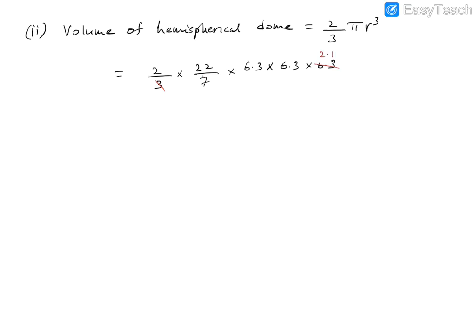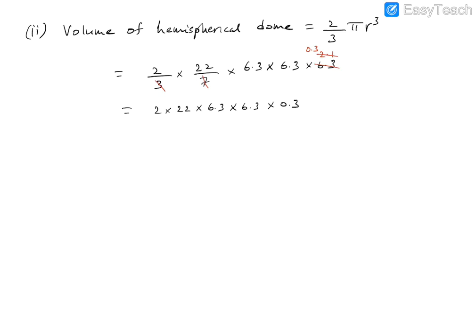So then we can have the 7 going into this 2.1 0.3 times. So we now have 2 into 22. So what is left is 2 into 22 into 6.3 into 6.3 into